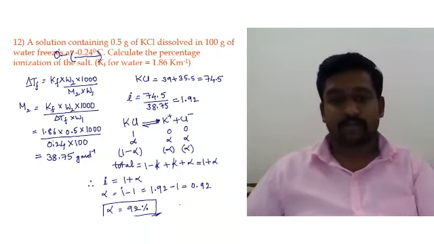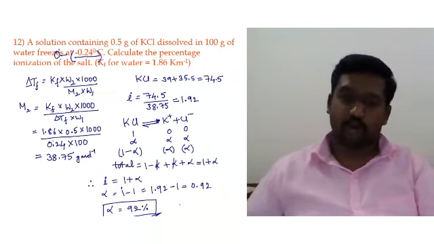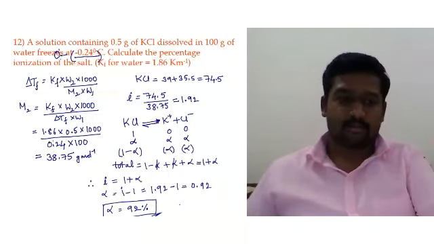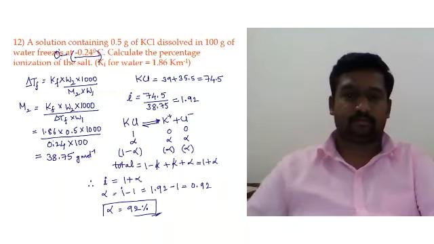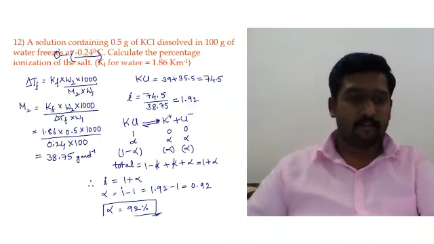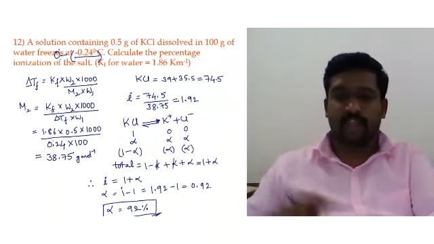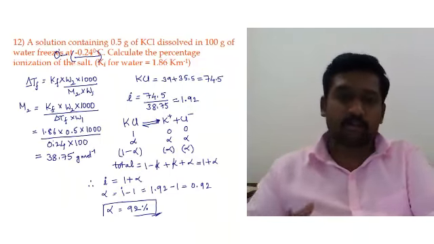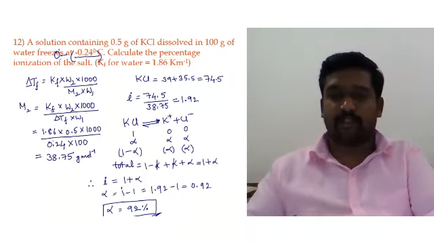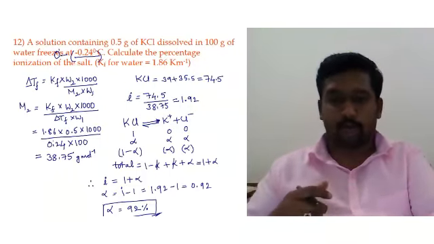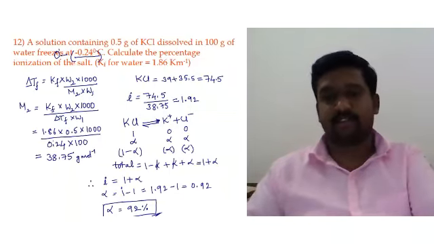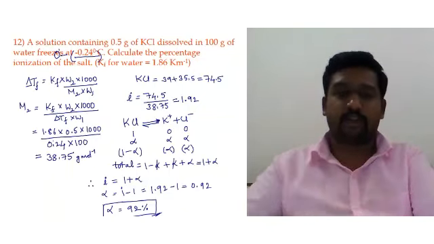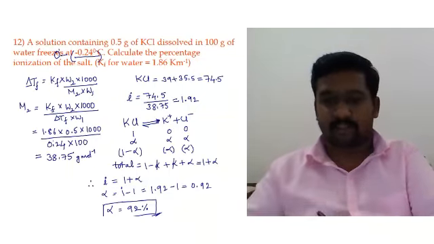I hope the concept is clear. For better understanding, rewind and replay, you will get the answer. That's all from this session. We have solved the problems on the concepts of colligative properties, all the 4 colligative properties, and also the Van't Hoff factor. If you want to learn more, please consider some more problems of the chapter solutions and try to solve based on whatever you have understood from the previous and this video.